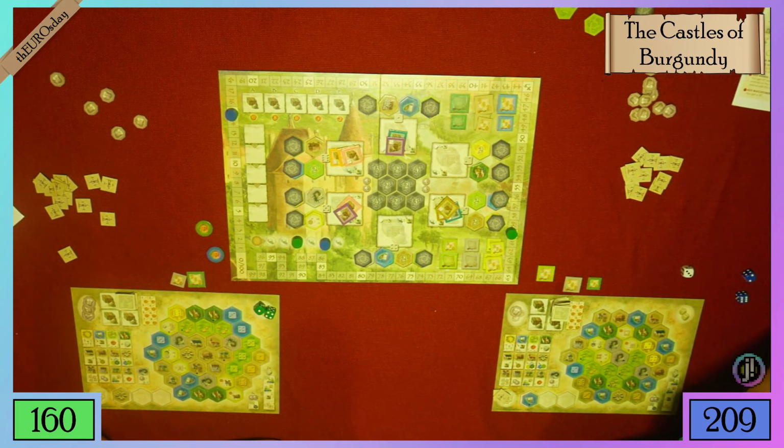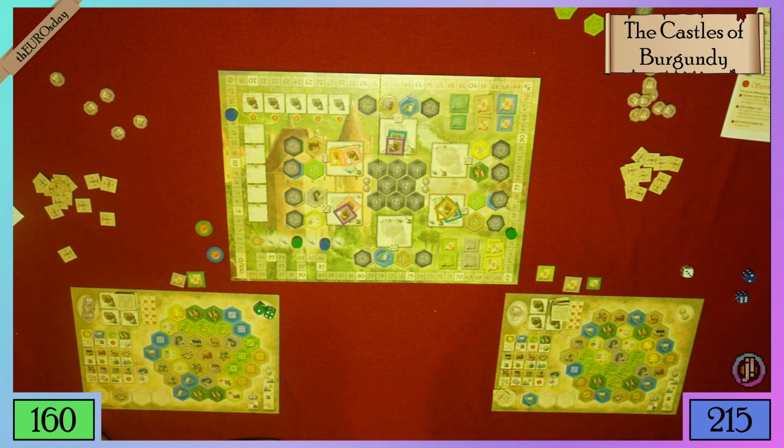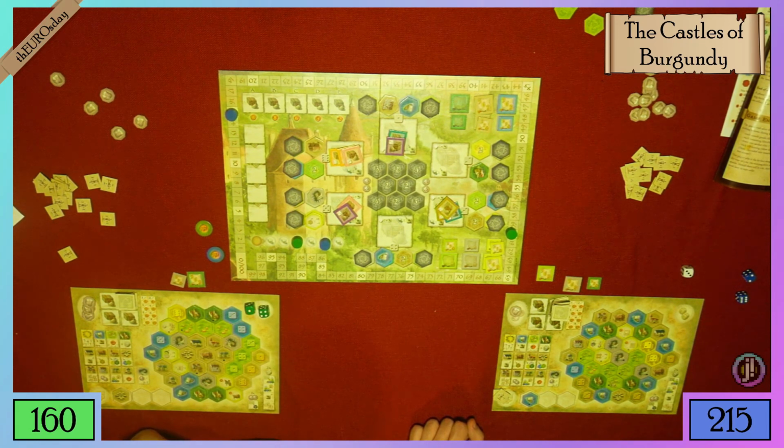So where am I at? 250. And that's the end of my... Well, I got a few more points coming, but that's the end of my game. I don't think I can make any more points than by taking workers. Workers are 2 workers for 1 point. But I get 8 of them. I don't think...